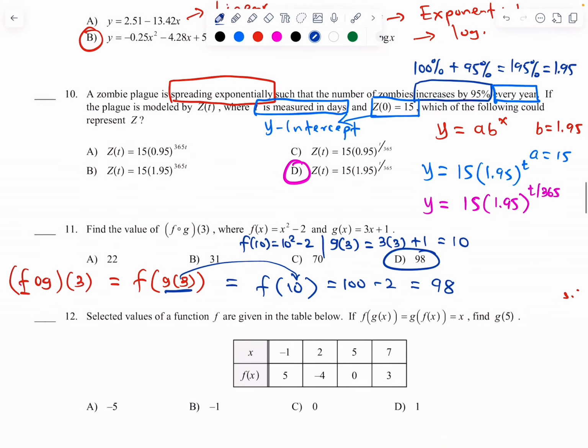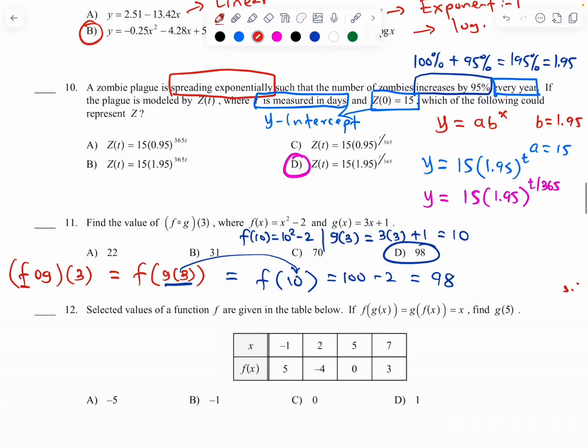Now let's jump to question 11. For question 11, we have a table. And then in that table,